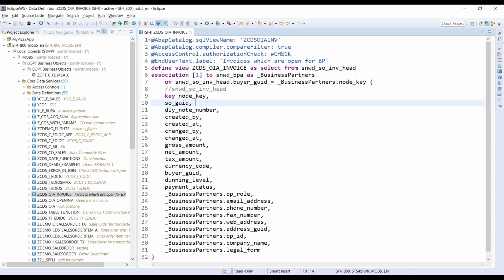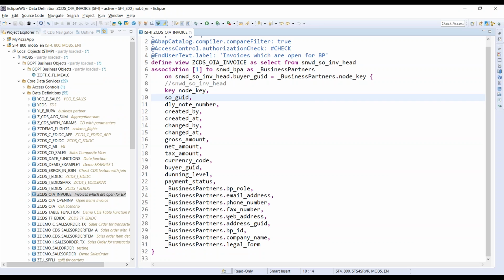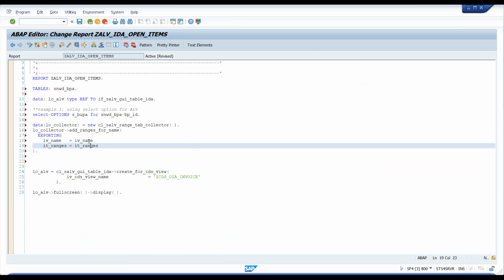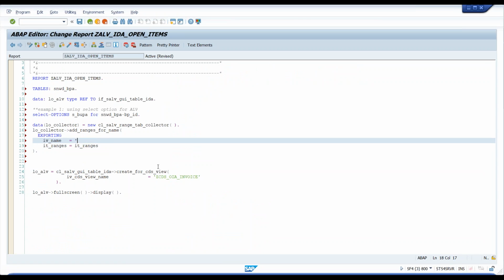So let's go back to CDS. I want to filter based on business partner ID. You can see BPID is my field name. Remember guys, this should be kept in capital letters when you're creating it. So the name is BPID. This is the criteria I am looking to